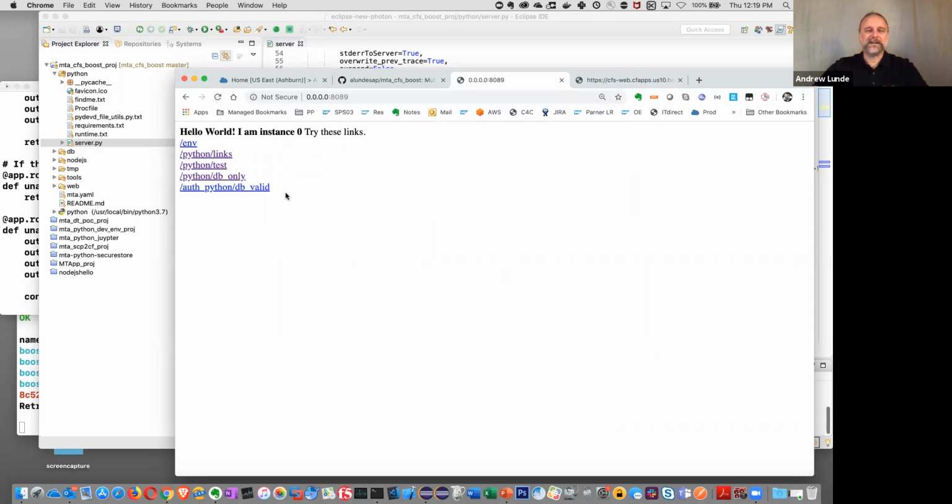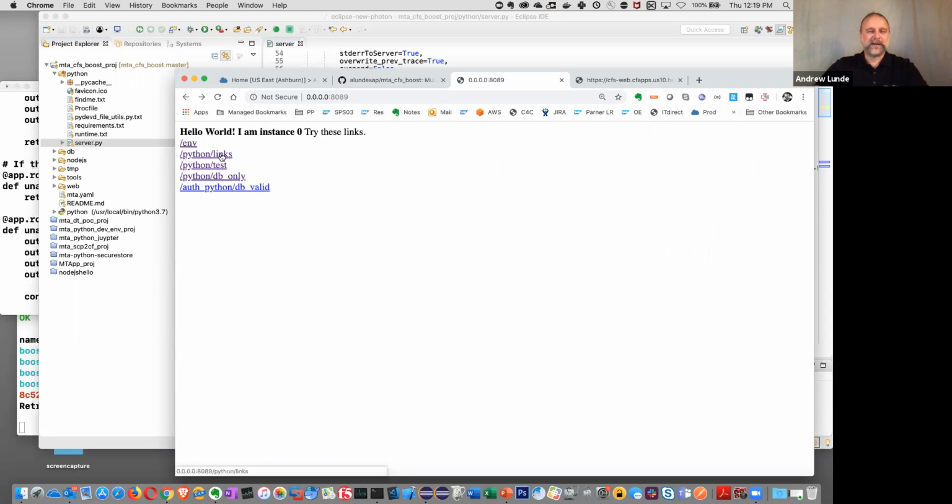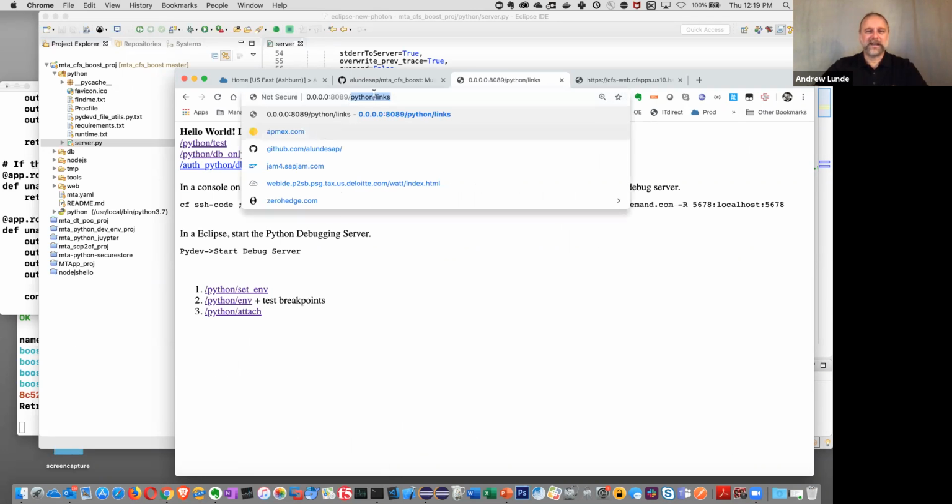Now I'm going to refresh the screen, and we see, sure enough, it put together some links. Now I can go back and forth and test these things. I'm going to, for instance, look at the environment. Again, we can see that structure I just looked at is indeed available to it. Let's go back a bit. I can test some things. Here's a different path. It's similar looking links, but you can see here that now I'm checking a different path